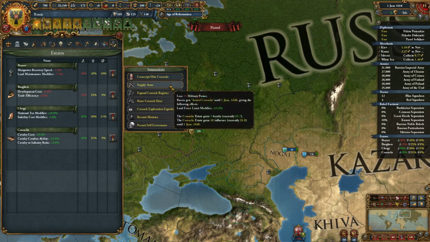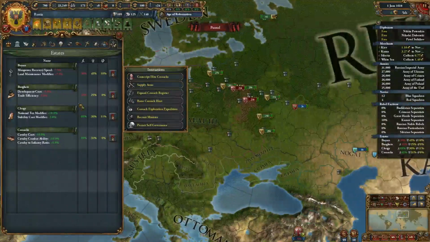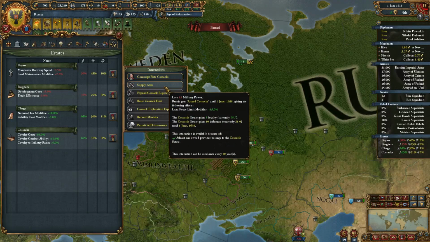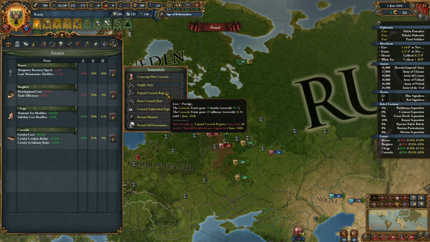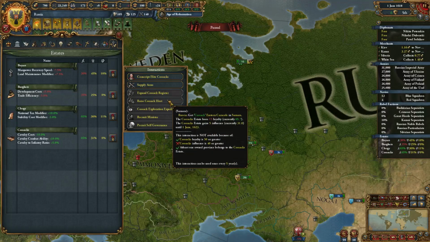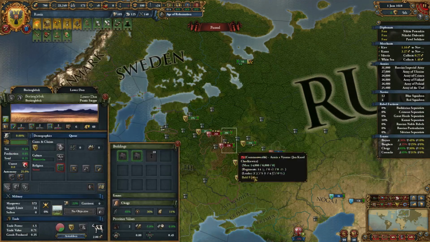You can get army tradition, get an additional land force limit modifier boost, which is really handy, especially if you're like Russia or even Poland. To get another 20-30 troops towards the end of the game can make a difference. Standard lets raise prestige. They also have raise Cossack hosts. For a loss of loyalty and a gain of influence, you can get free Cossack units, which